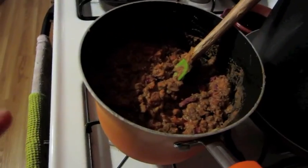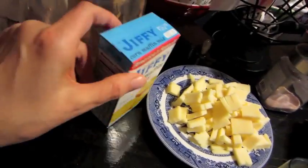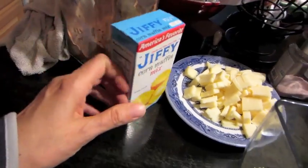Alright guys, so I'm waiting for my pan to come out of the dishwasher, but there's the meat mixture, or should I say meat mixture, ready to go. I've got my cheese all ready to go. I'm also waiting for the bowl to mix up the corn muffin mix, but in the meantime I'm gonna do